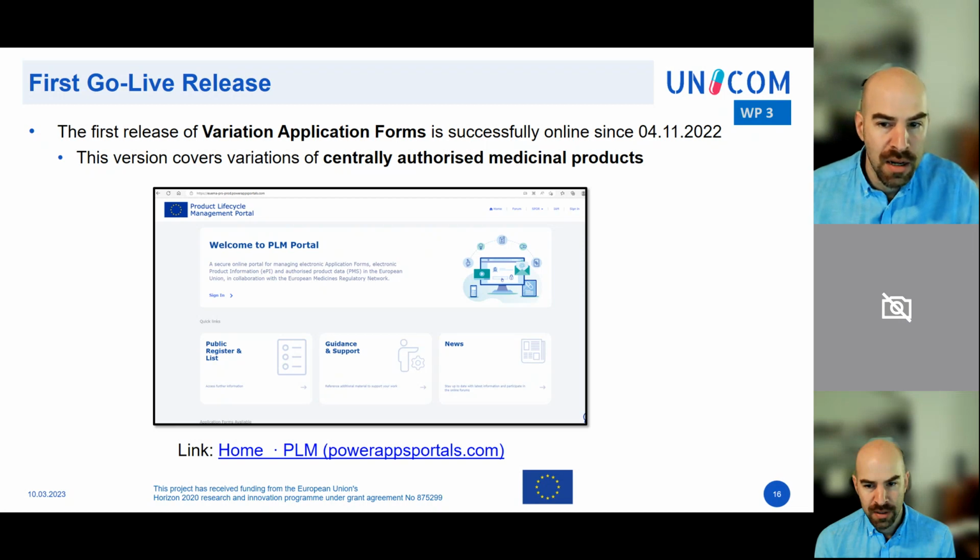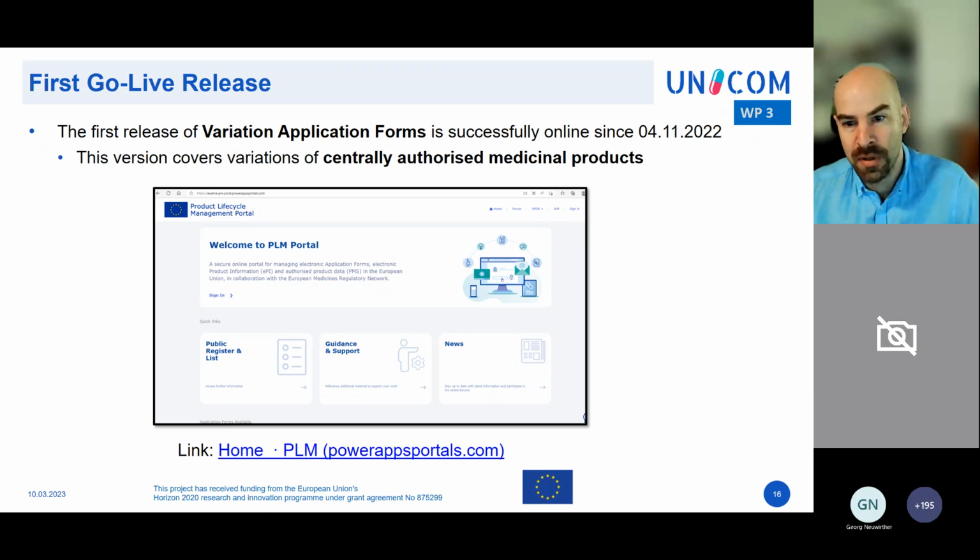That means the PLM portal will also have these products available, and we NCAs will now be able to see products there, because right now they're all EMA products.